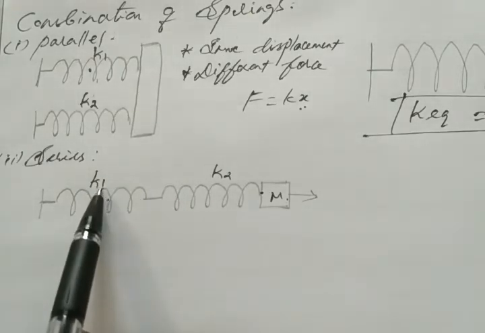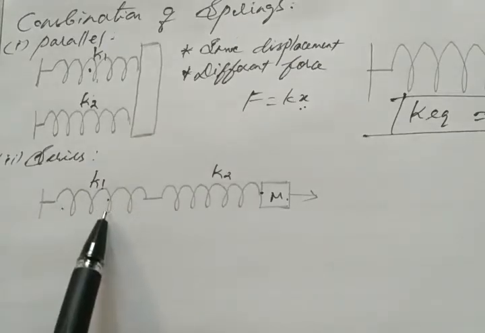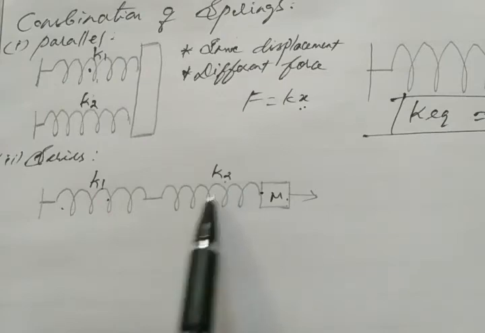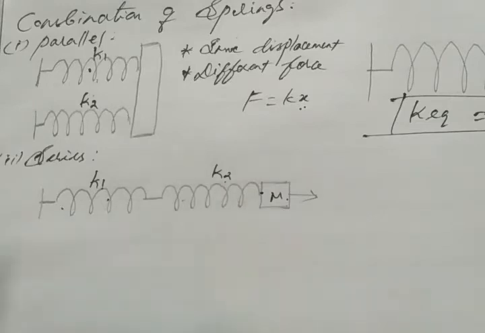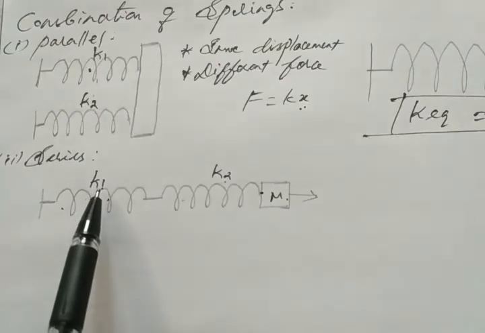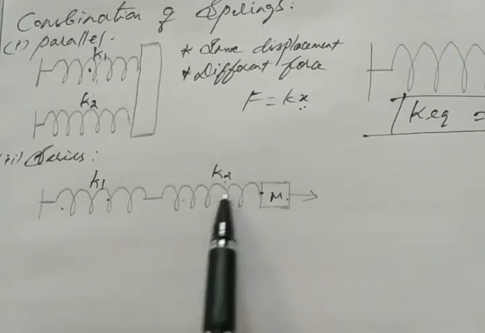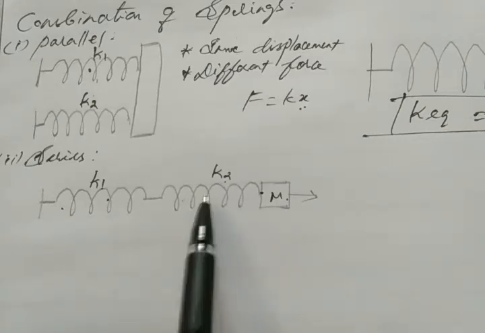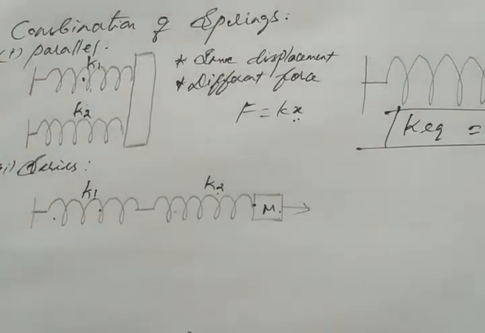So if spring constant K1 is more, then this displacement or elongation will be less. If K2 is less, then it will elongate more or be displaced more, right? So the displacement is based on the spring constant. If the thickness of the spring is more, if I take K1 as a thick spring, then it will be subject to less elongation even though it has the same force, same mass. So if the thickness of spring 2 is less, then it will elongate more for this same mass. Okay, so here we have to note down two important points,